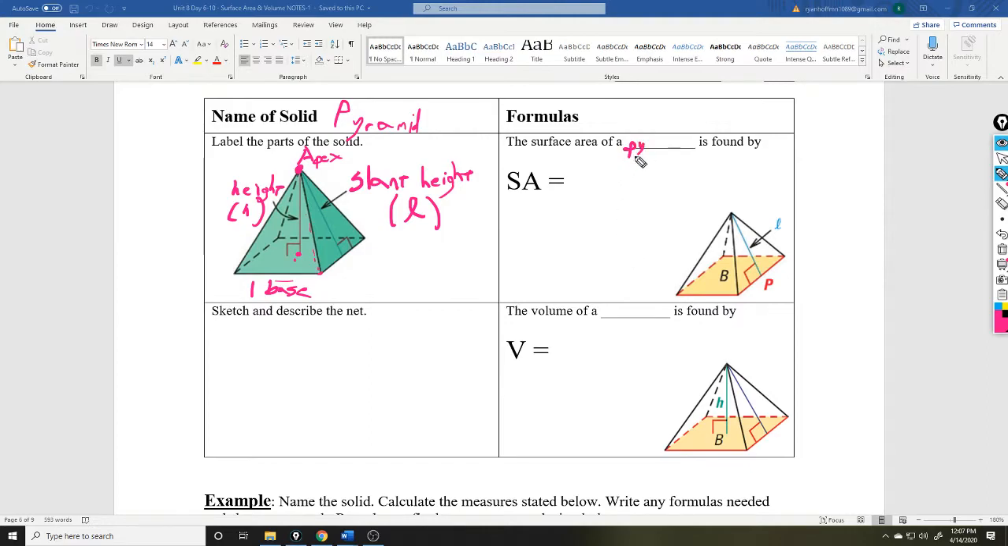Okay, surface area of a pyramid. The difference is that the slant height is going to be used for the surface area formula, and the height is going to be used for the volume formula. The slant height is used in the surface area because it's the height of these triangles that make up the lateral faces. So you'll see in this formula, surface area,